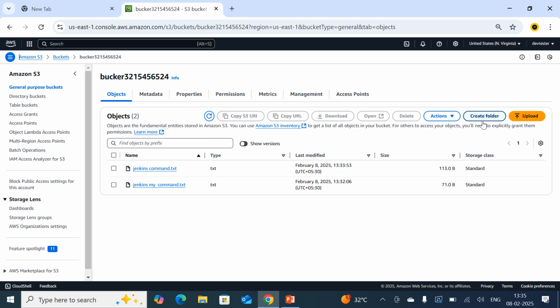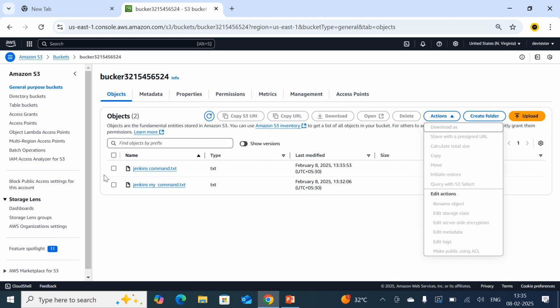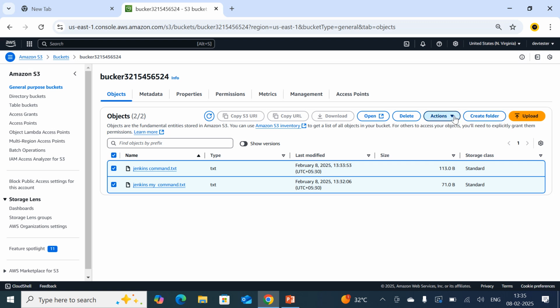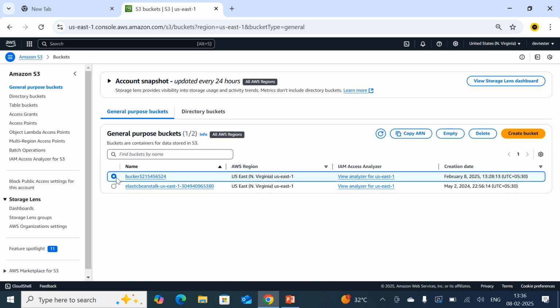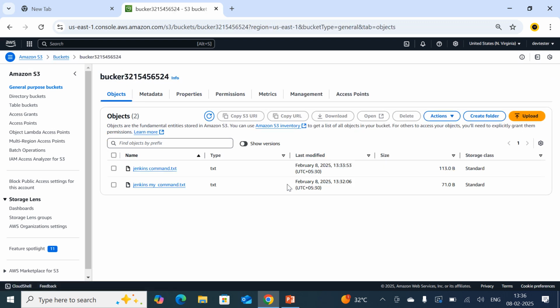Okay, so click here the bucket, here in action, so we can do multiple actions like, just a moment guys, I will let you know.